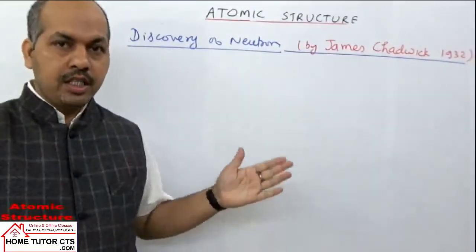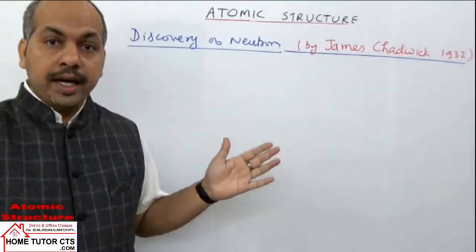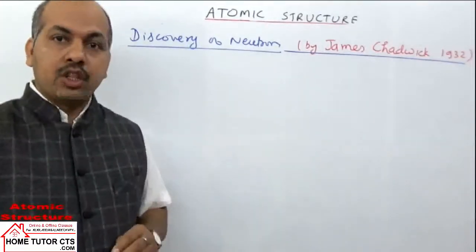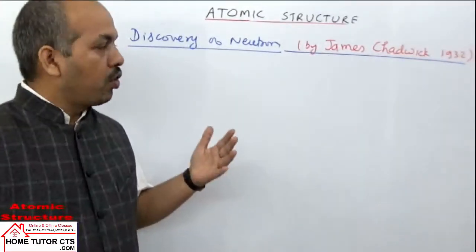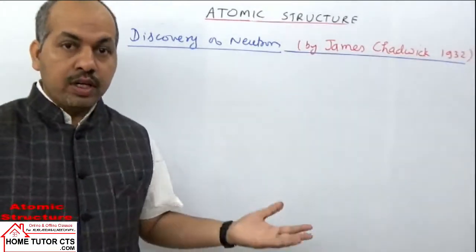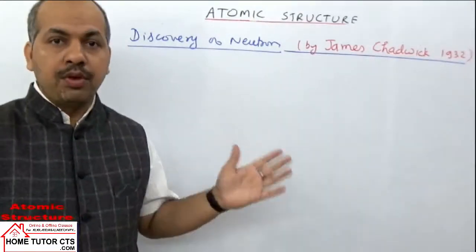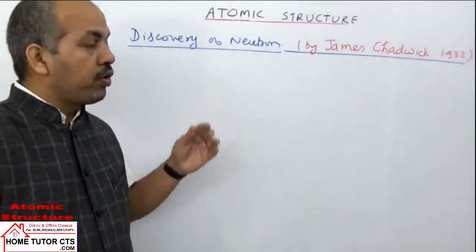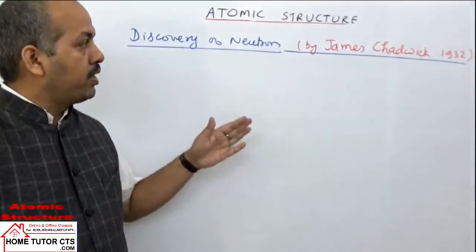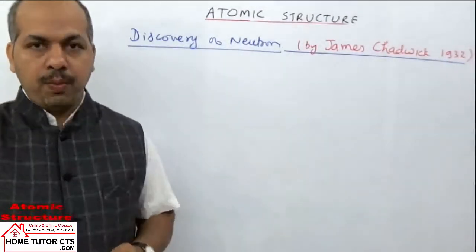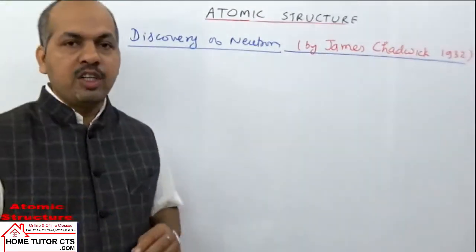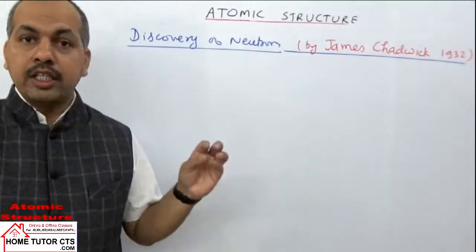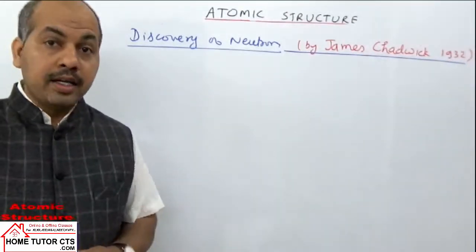We have seen earlier the sequence of discovery of different atomic particles. First we got the discovery of electrons by the cathode ray experiment, where the cathode rays consisted of a stream of electrons. Then from the anode ray experiment the protons were discovered, and neutrons were discovered in 1932. The reason for the late discovery of the neutron was that they are neutral, so it is difficult to detect them by electric or magnetic field.